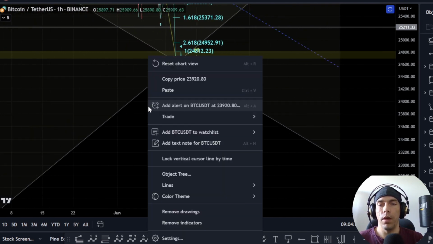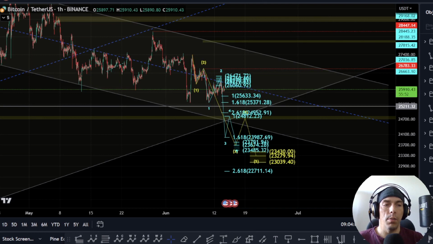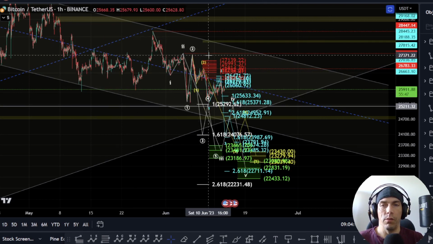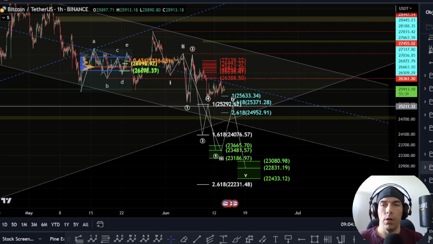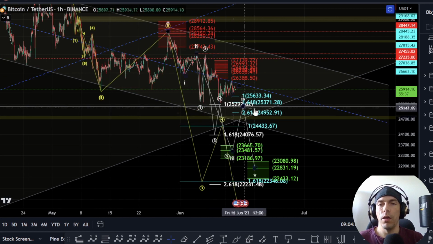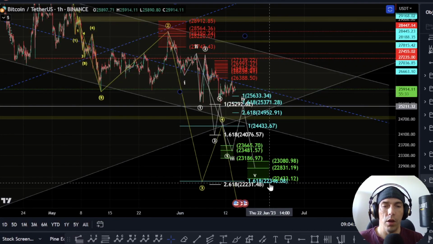Now what we need to be careful of is that if we do start to break down too deep here, what we could then end up having here is a bigger breakdown from further back, where these become a series of 1s and 2s, and we could actually be looking at this move as a bigger 5-wave move to the downside. Now the bigger 5-wave move to the downside would actually be looking at this move in this way, where we'd be treating this as a 1, 2, and then actually looking for confirmation by a breakdown towards this